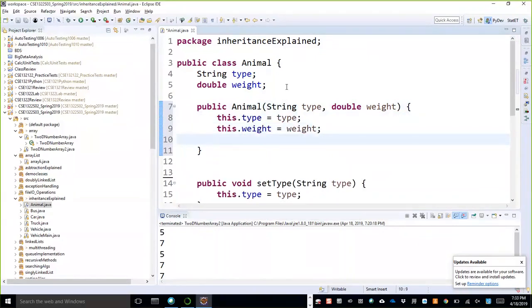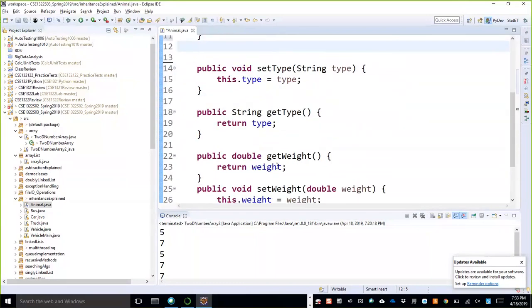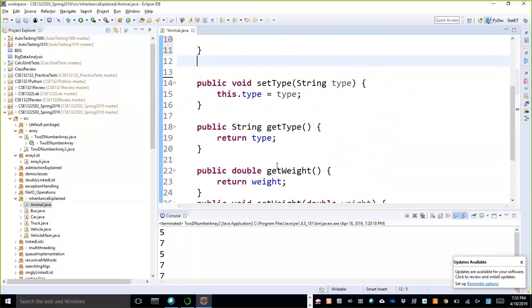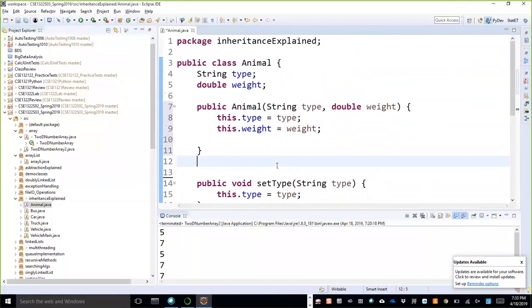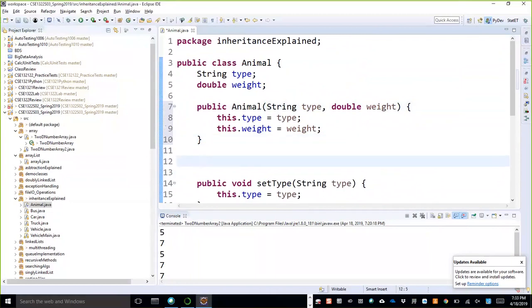That is your constructor, and these are your getter and setter. So this constructor we can use in order to create an object. Let us add another traditional normal method, not a constructor, like display.